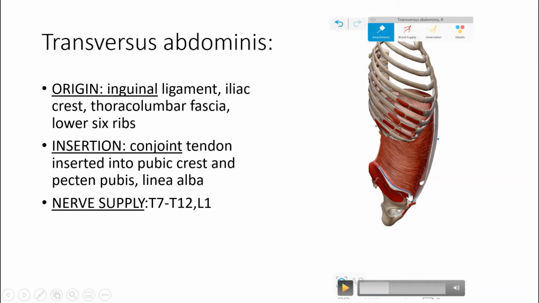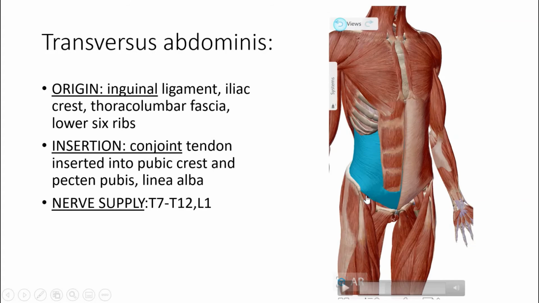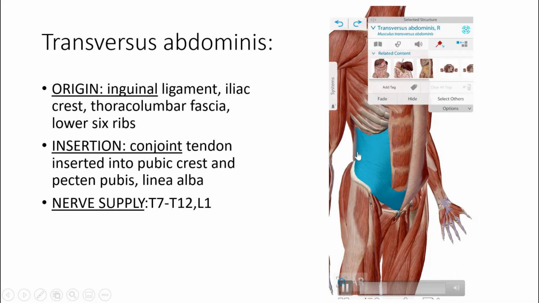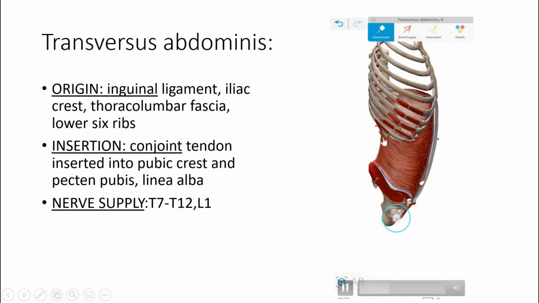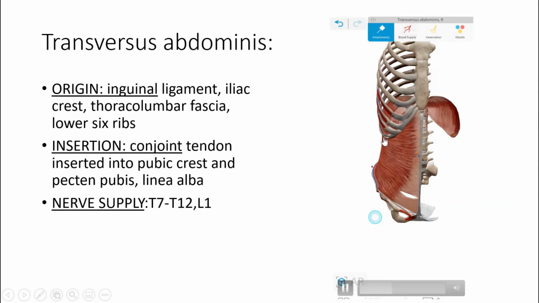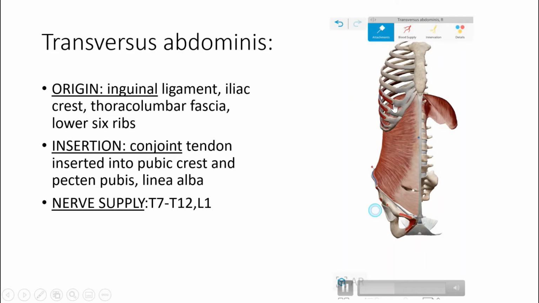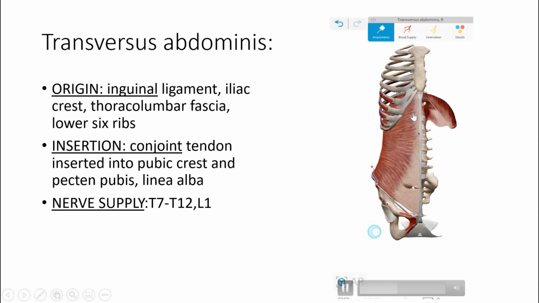So in this picture, you can see clearly the origin from the lateral 1/3 of the upper surface of inguinal ligament. So this is the inguinal ligament here. So lateral 1/3 of the upper surface of inguinal ligament, anterior 2/3 of iliac crest, the inner lip, posteriorly thoracolumbar fascia, same as internal oblique, and the inner surface of lower 6 ribs, as you can see here, inner surface,